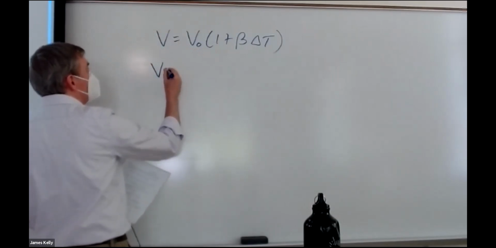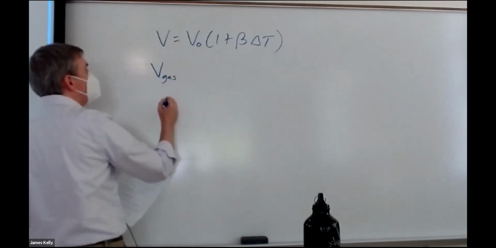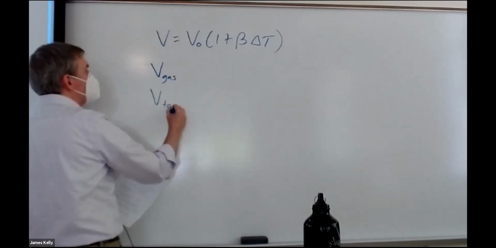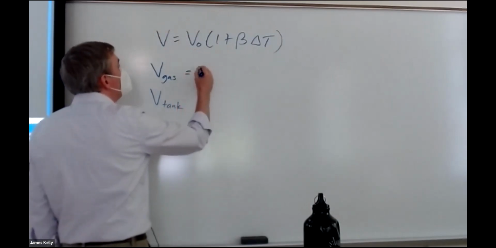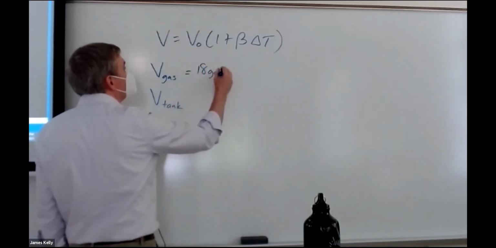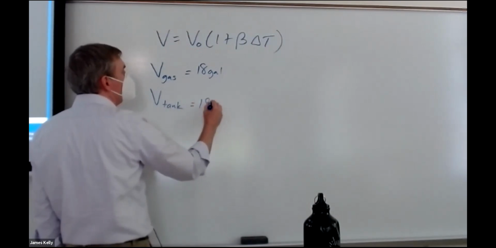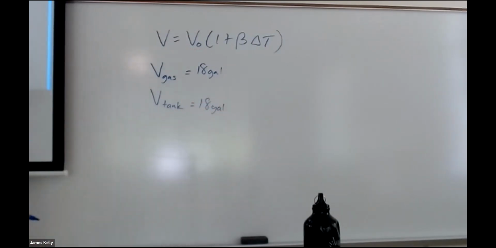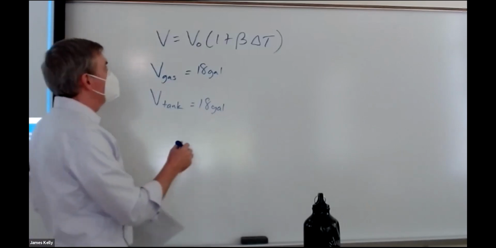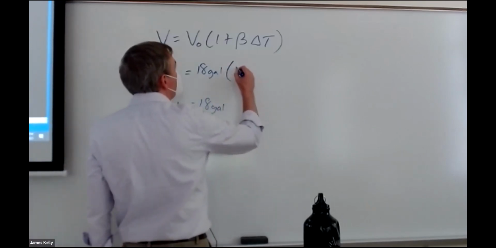So I'm going to do it separately for the gasoline and for the tank, the void inside the steel tank, which is going to expand the same way as the steel itself. Both of these start out at 18 gallons, right? We filled up an 18-gallon tank exactly to the brim. So the volume of the tank is exactly equal to the volume of the gas,